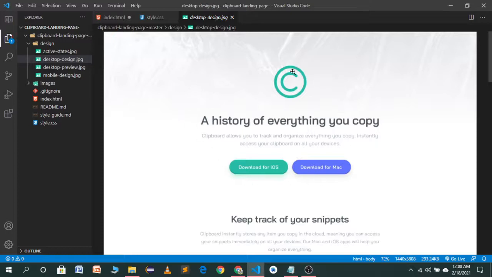As you see here, we basically have three parts: heading, paragraph, and two buttons, and the logo is there. So we have to create a container which will contain all of these items.